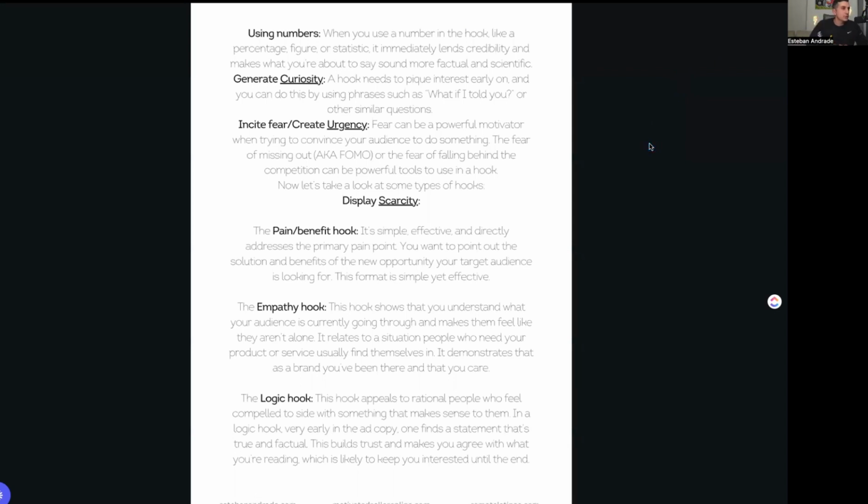When you use numbers in the hook, you give the people reading this a little bit of certainty about what they could potentially get numerically. So it immediately lends credibility and makes what you're about to say sound more factual and scientific. And those things could be, for example,